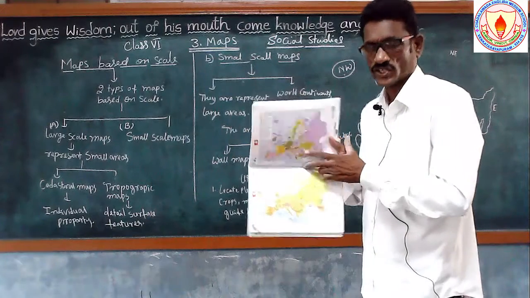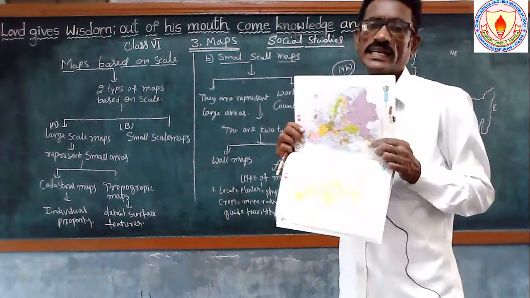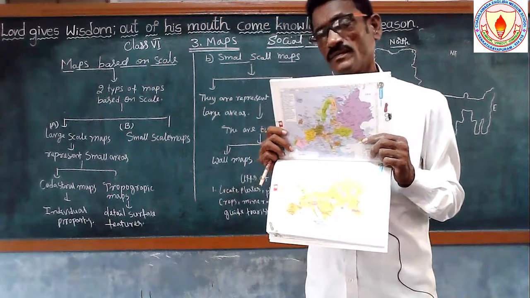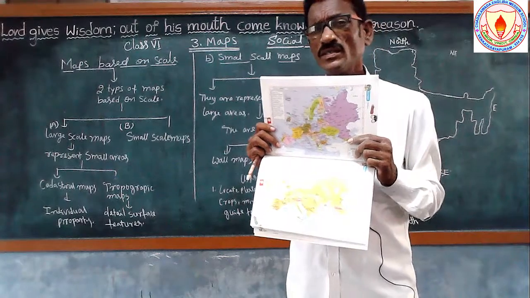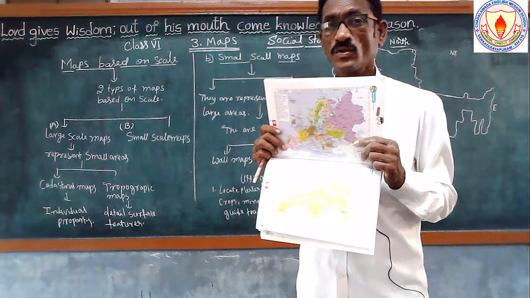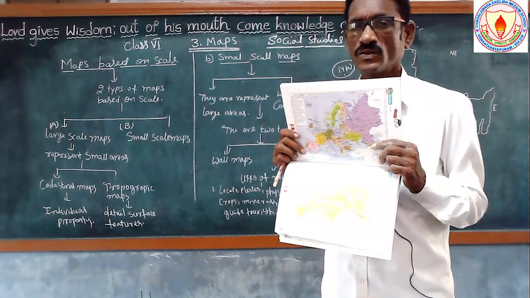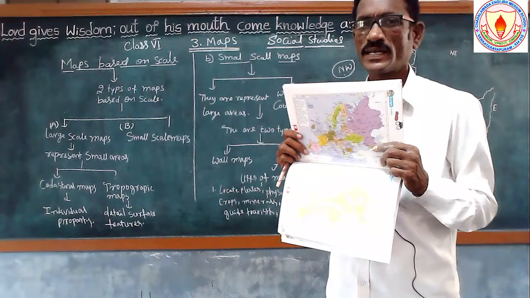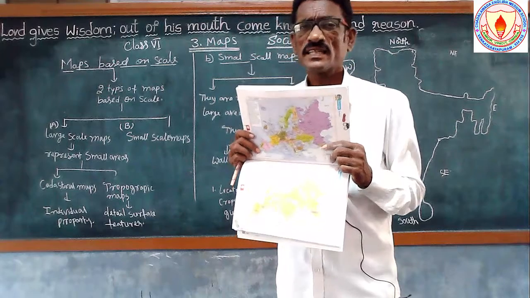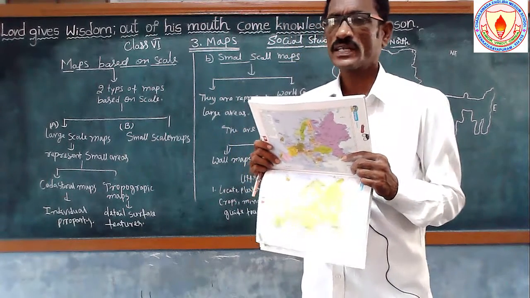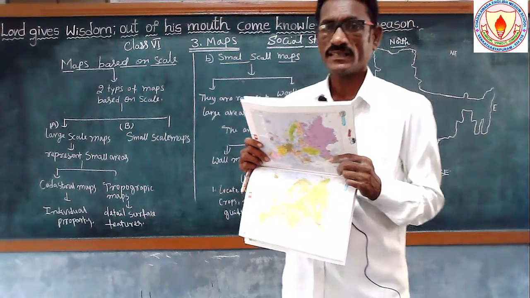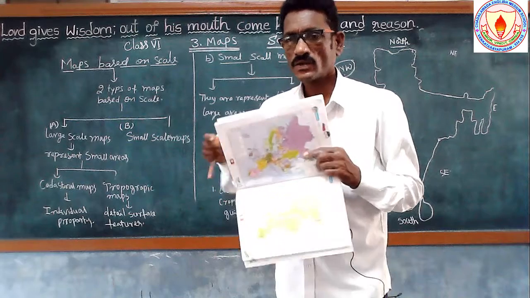With the help of the maps only. All information, every country's information, is given in the atlas book. Not only the atlas book, we are able to find it with the help of Google Maps also. Technology has rapidly increased, so it is very easy to find out the places, where you are living also. It is very easy to find the places on the internet. So like that, here we are going to use them.